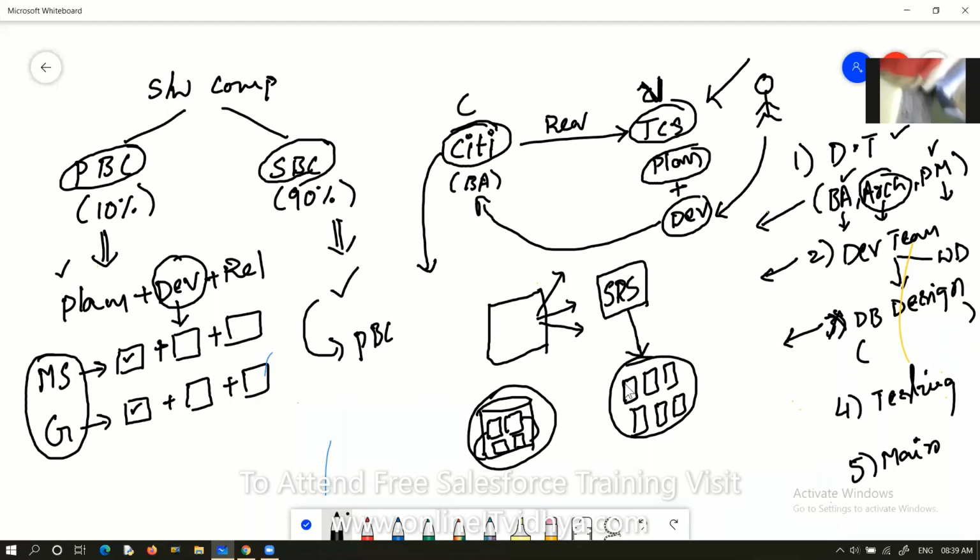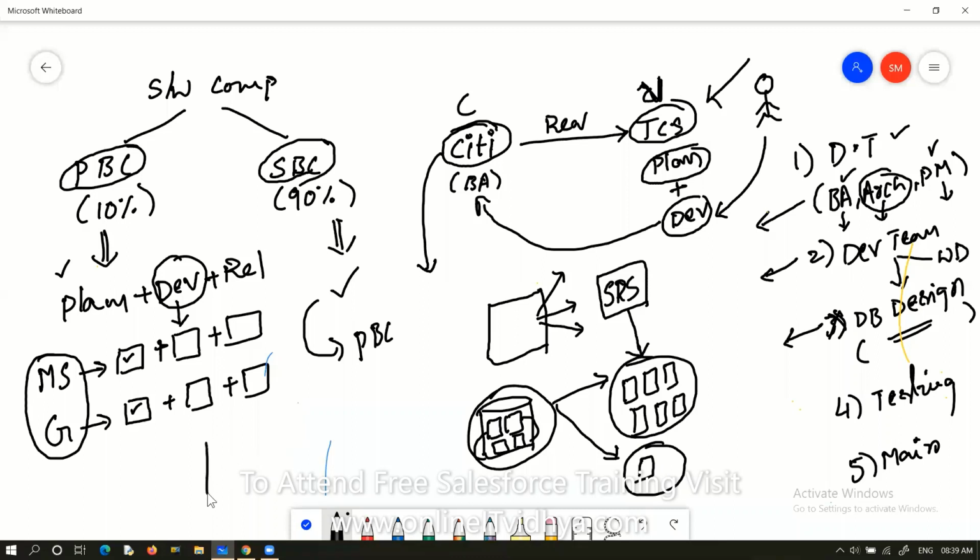And the next one is, after the database designing team, the development team and web designing team will come into the picture. So the web designing team is going to create the UI screens. Every day you are observing, whenever you type www.facebook.com, one screen will be opened. That is one type of UI screen. And whenever you type gmail.com, you will find one screen. That is also one UI screen.